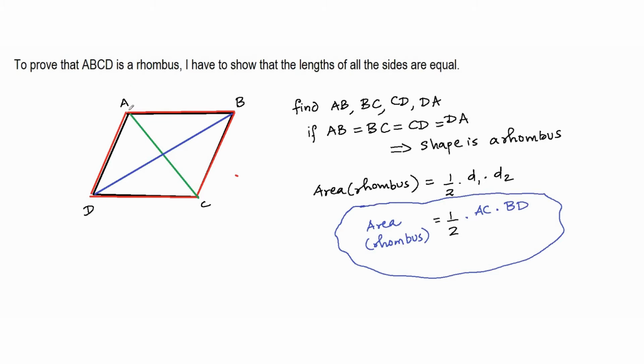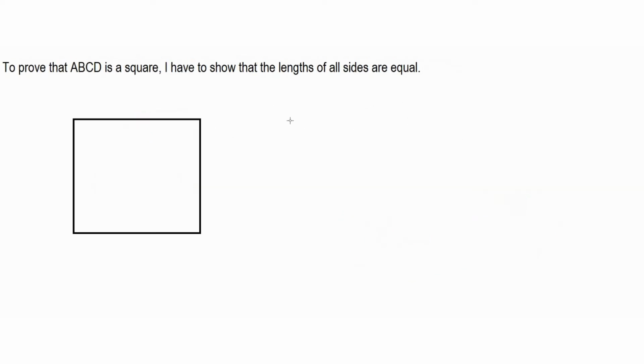So now let us take a look at the next shape. Let us now assume that we have 4 points A, B, C and D. We want to prove that this is a square, right? So let's assume that the coordinates of these 4 points are given. If I want to prove that this particular shape is a square, I will have to consider the following.